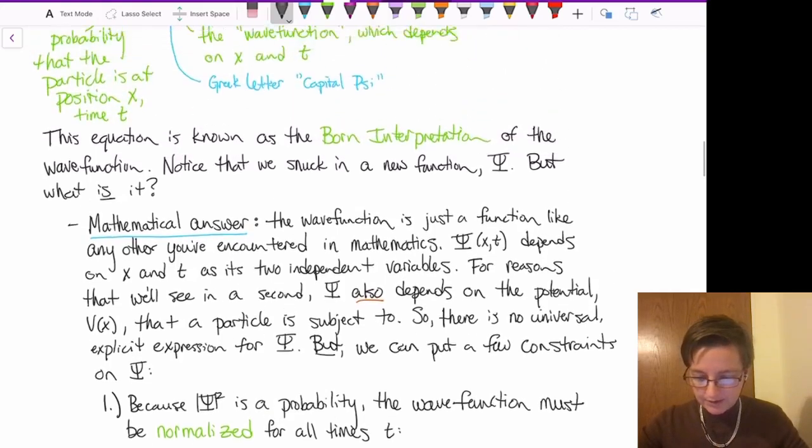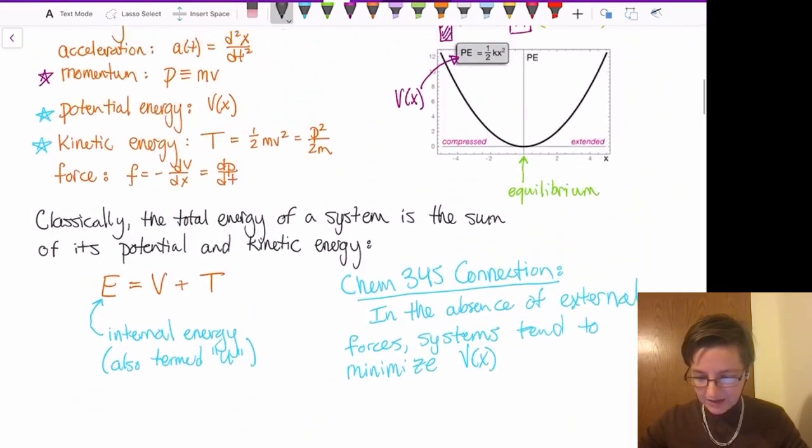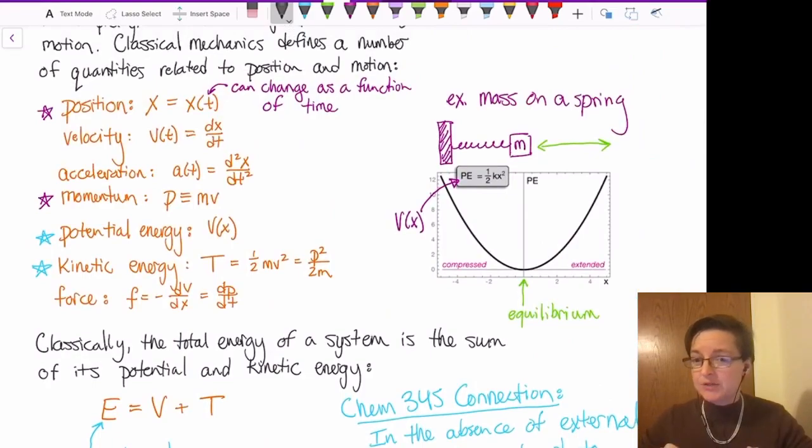So in our example above, we had a particle that was attached to a spring, and it had a certain potential associated with it. Quantum mechanically, if our particle, that little box, was very, very small,